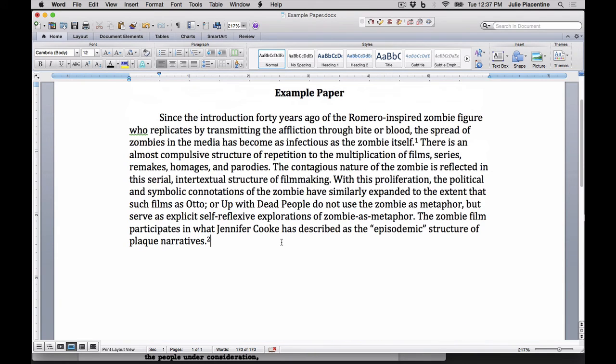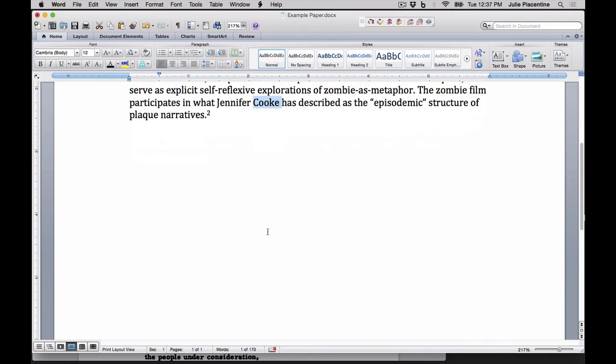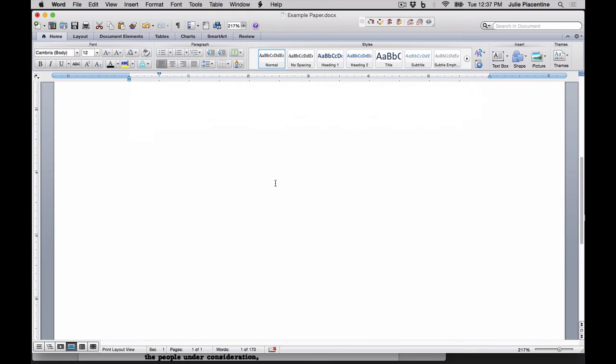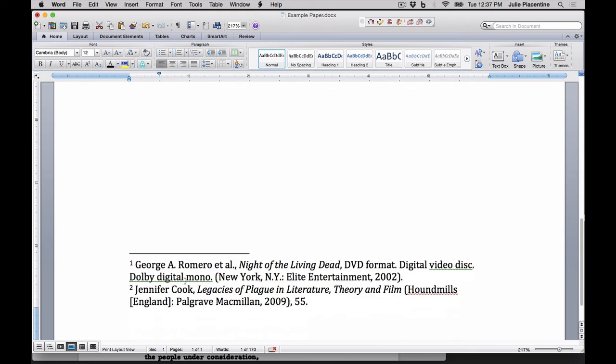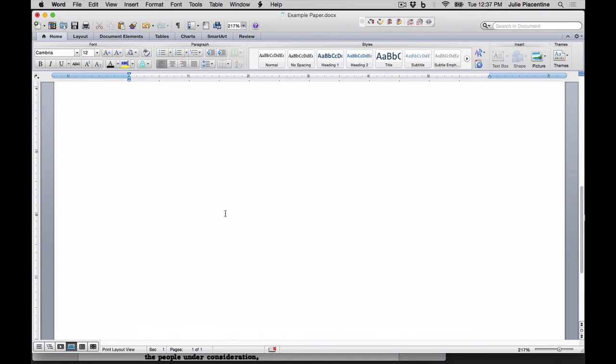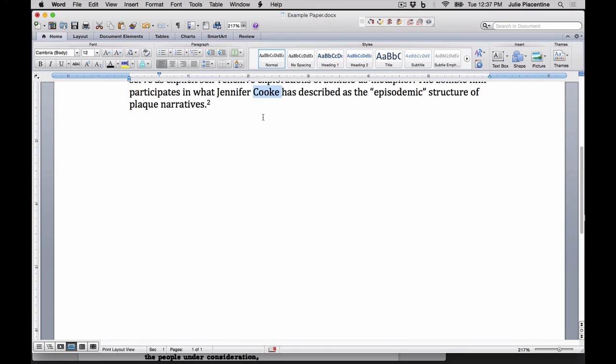You might have noticed that there's an inconsistency in the spelling of this author's name. In the body of my text, the author's name has an E at the end, and in the citation it does not. If you need to correct errors in citations, you'll want to do that in Zotero, not in your document. And this gray text is an indication to you of what text is coming from your citation manager and what you've typed in the document itself.